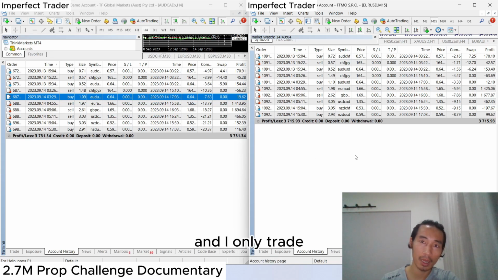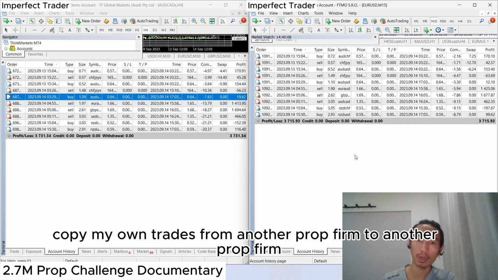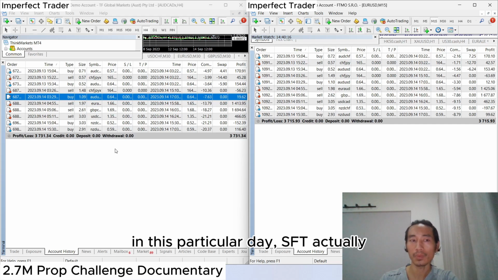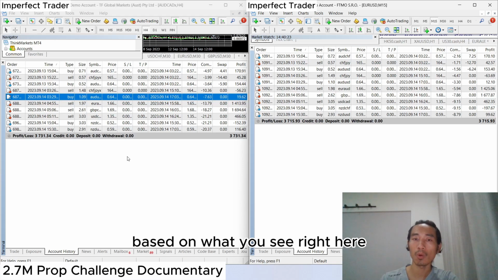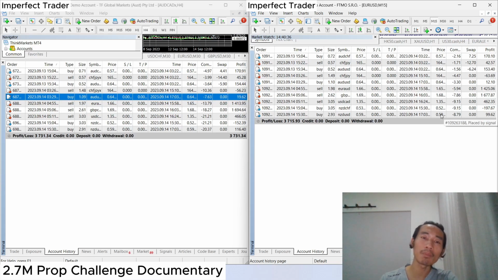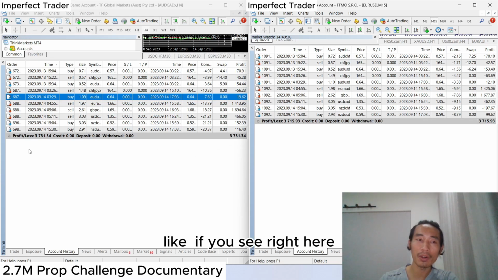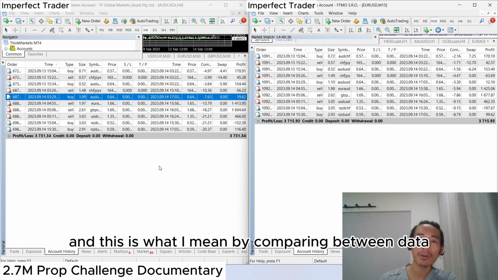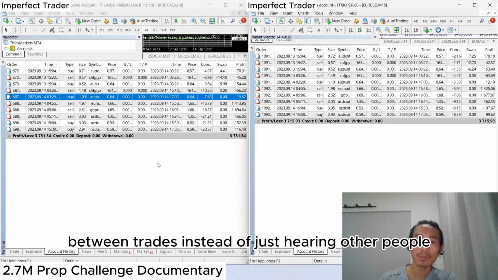And I only copy my old trade from one prop firm to another prop firm. You can see that on this particular day, the performance was very similar, based on what you see right here. FTMO and Think Market are performing very closely the same. Does that make sense? This is what I mean: right here, they're similar to the pip. This is what I mean by comparing data between trades,